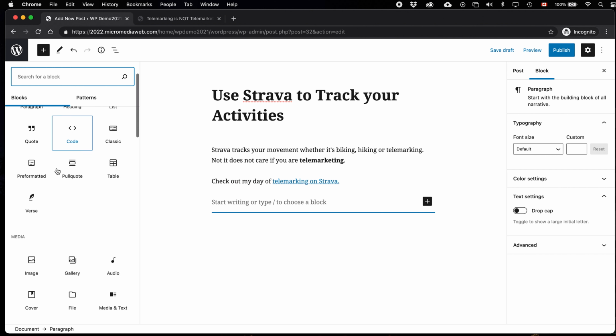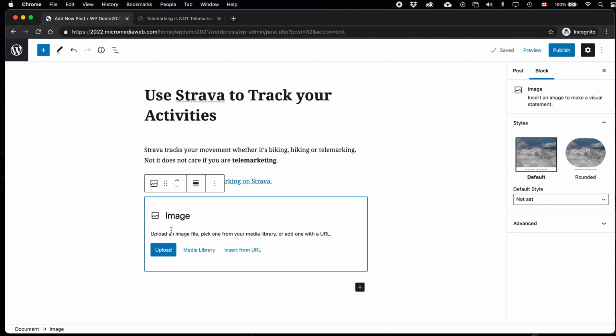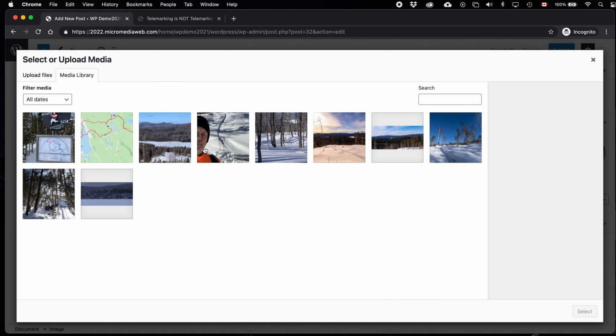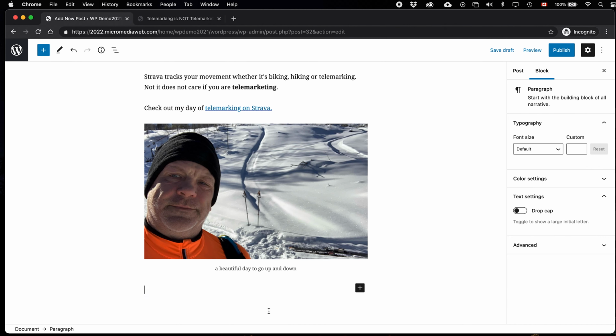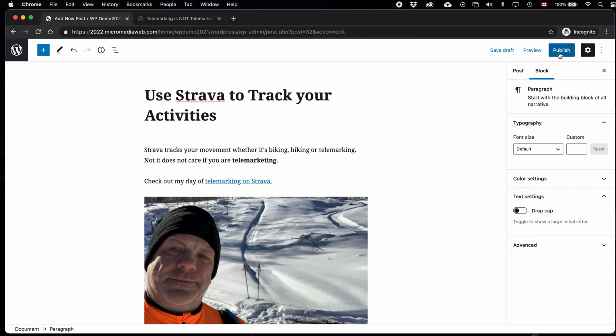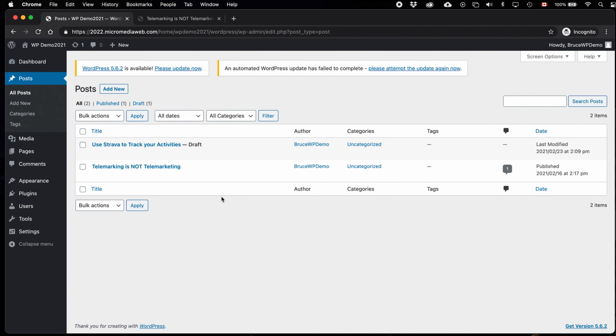So I'm going to add an image from the media library, and let's add this one. So I think we're good for that. So now you can see up here we have some different options. One is we can save this as a draft so that we could then come back to it later and publish it. So if we come here, you'll notice that use Strava to track your activities is a draft. And now if we go in here,